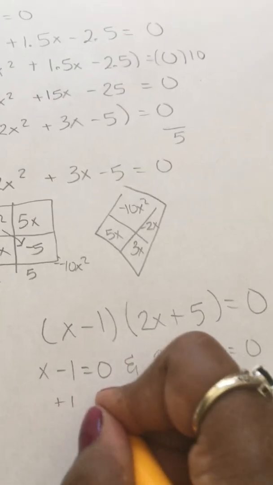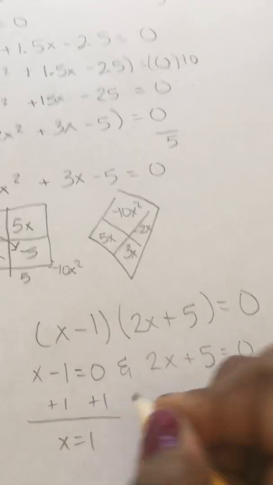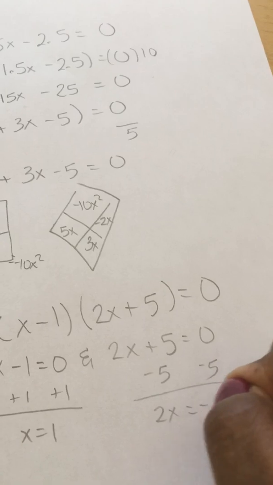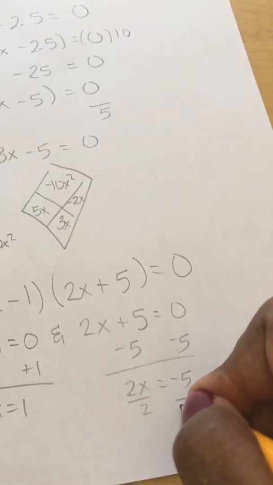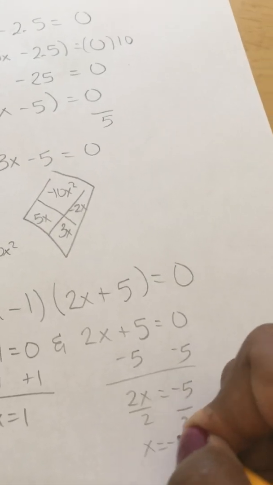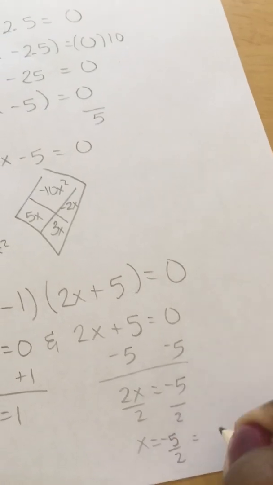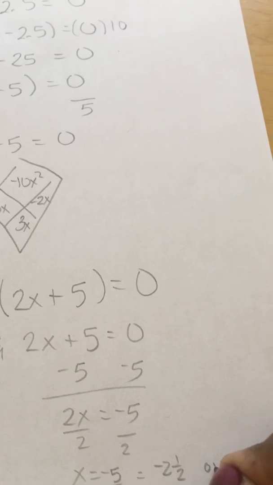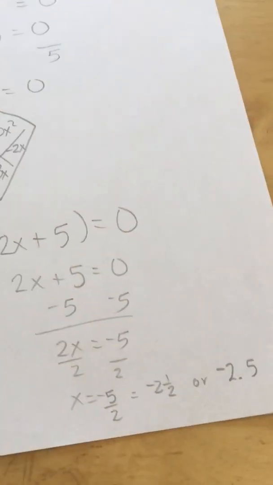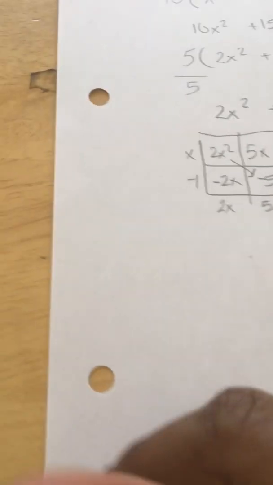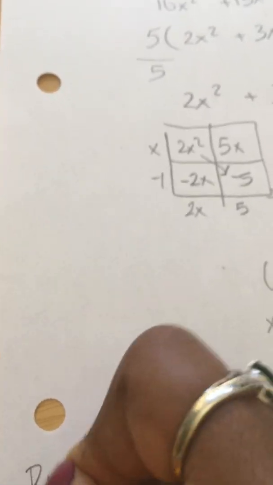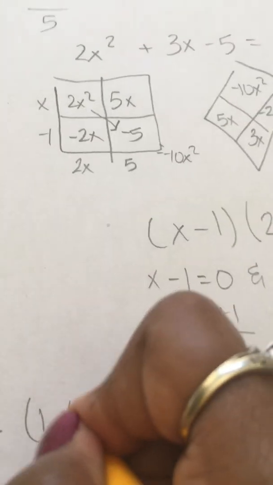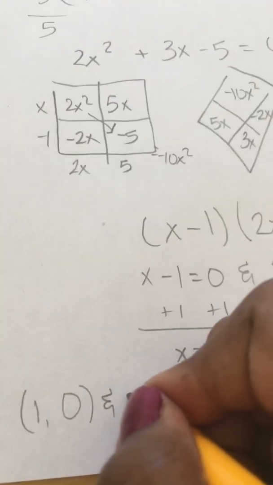Let's add 1 to both sides here. We get x equals 1. Nice. Over here, subtract 5. We have 2x equals negative 5, divide by 2. And we have x equals negative 5 over 2, which is equal to negative 2 and 1/2, or negative 2.5. Okie dokie. So our roots, or your x-intercepts, are (1, 0) and (negative 2.5,